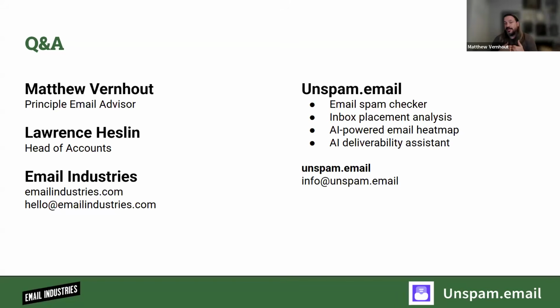There are lots of different things that can be tweaked. But if you're also seeing a lot of rate limiting, potentially you're just sending too fast. So look at reducing the number of connections, look at the number of messages you're sending per connection, which is going to be something controlled mostly by the MTA. So as a brand, you may not have access to change those, but your ESP should have access and should be monitoring those things and adjusting accordingly.